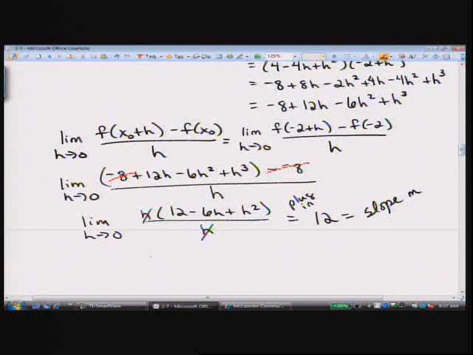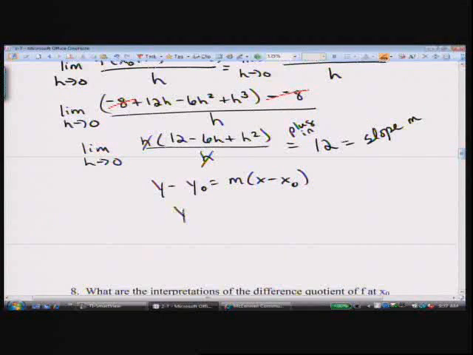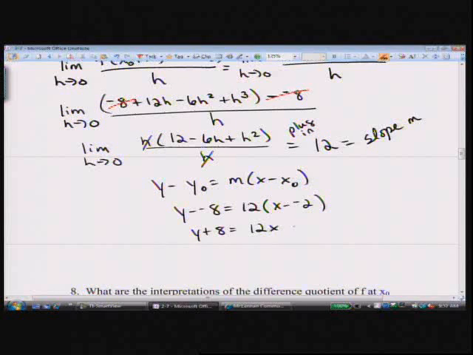So we just do y minus y1 equals m onto x minus x1. We could make these x naughts if we wanted to be crazy, and why not? Okay, and so then that would be y minus -8 equals 12 onto x minus negative 2. And so it's y plus 8 equals 12x plus 24. So we get y equals 12x